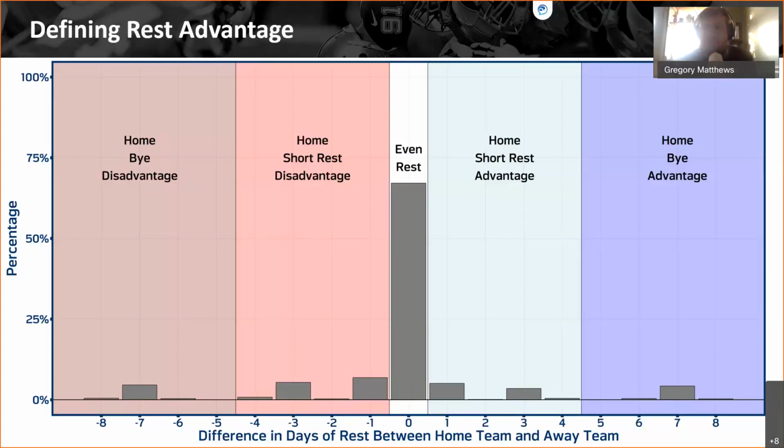The follow-up was, do you think information is lost by transforming the rest days first into a difference, then into a categorical variable? So maybe rest days being 3 versus 6 is different than 12 versus 15, or it might even be that rest days being 6 versus